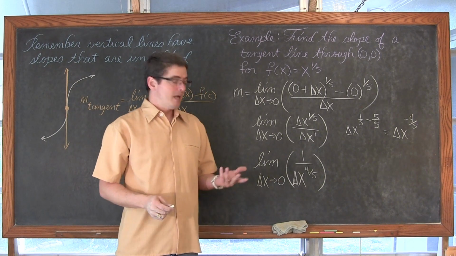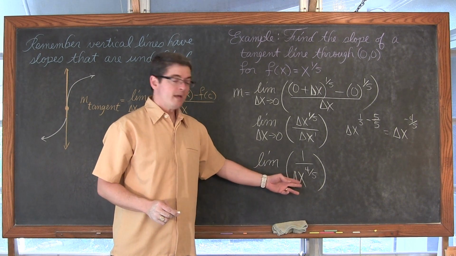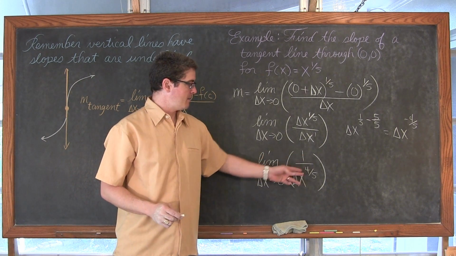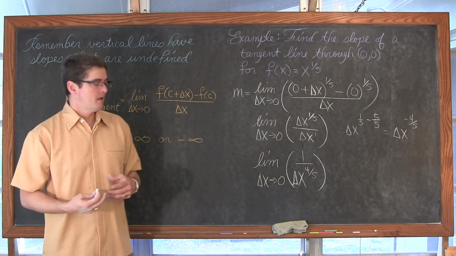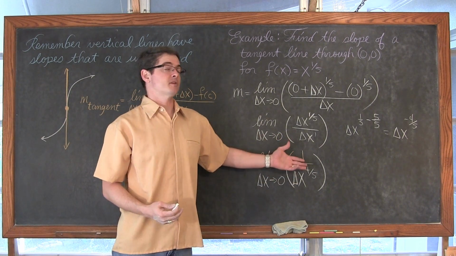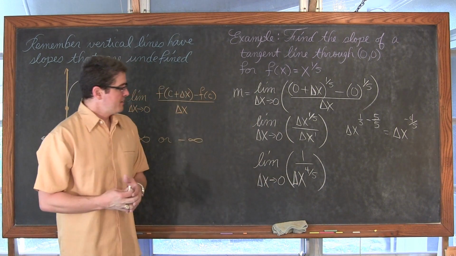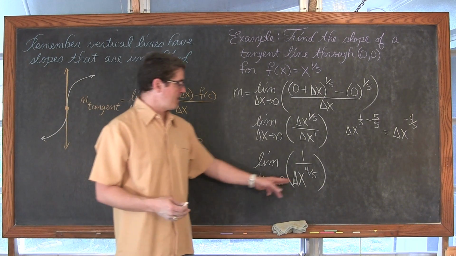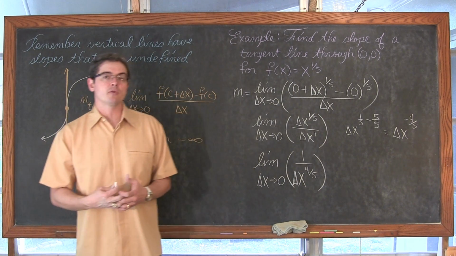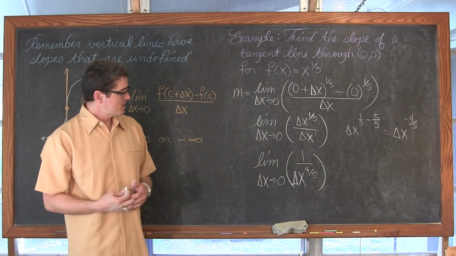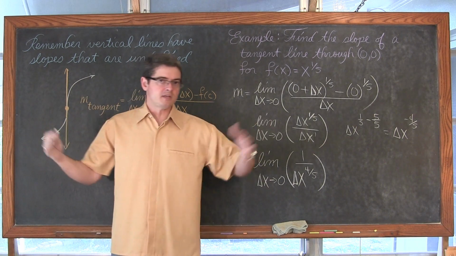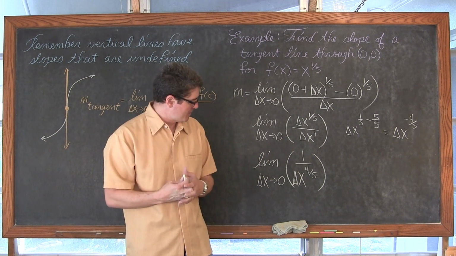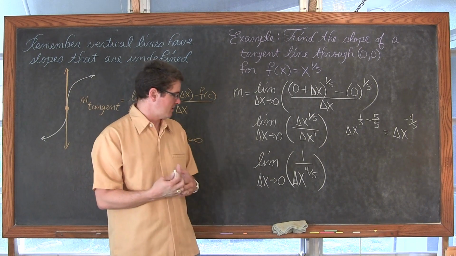Yet I need to let delta x approach 0. If there's no way for me to manipulate this into an expression or function that agrees with this one at all but one point, then I'm left trying to find this limit by either a graphical approach or a numerical approach. So instead of doing a long t-table like we did initially when finding limits numerically, I just want to think about this a little bit.